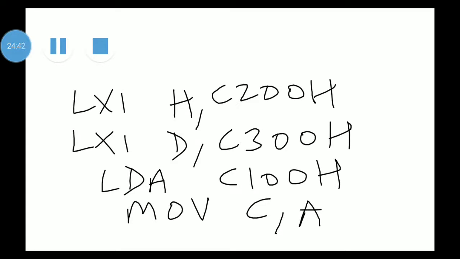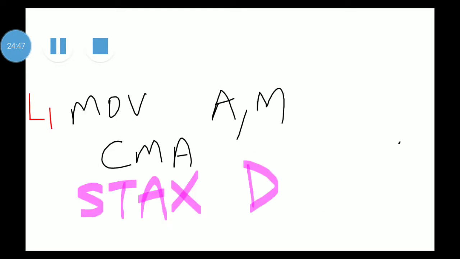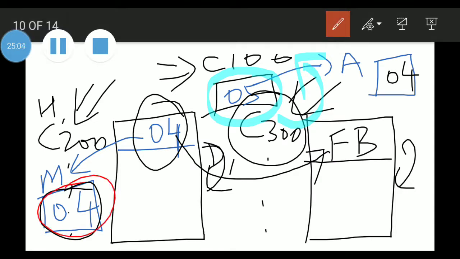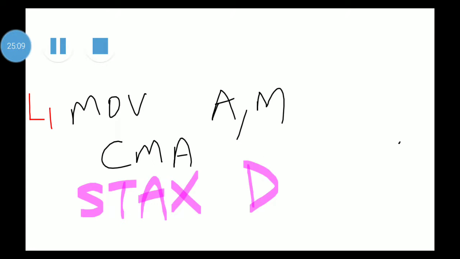That we first move into our register, that is C. Now I will first take the input that was present in memory into the accumulator. So what instruction did we specify? MOV A,M. Then CMA, we complemented the content in the accumulator. If we don't move that content from memory to the accumulator, we will not be able to complement our input.